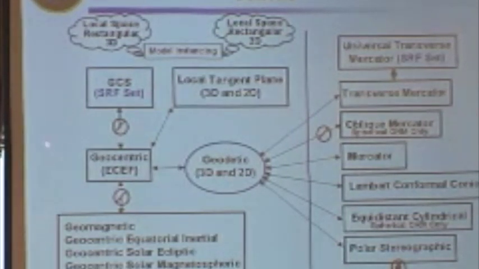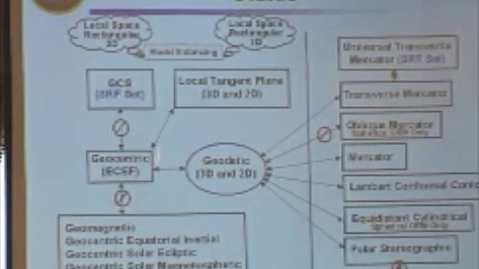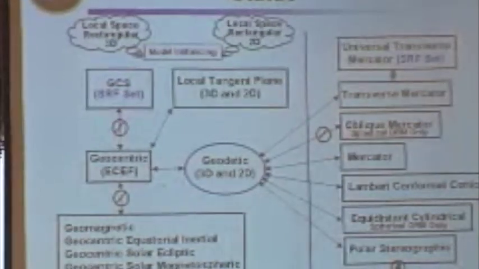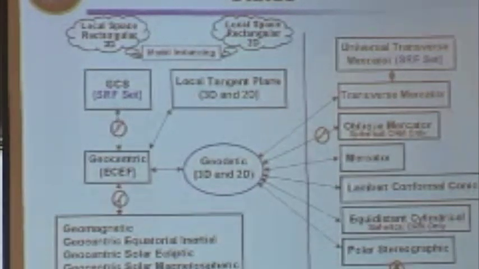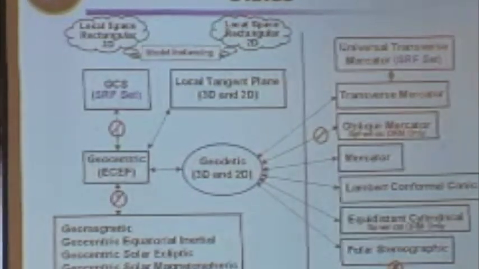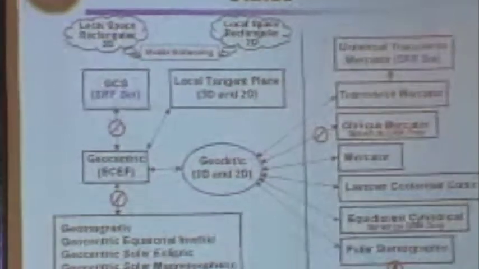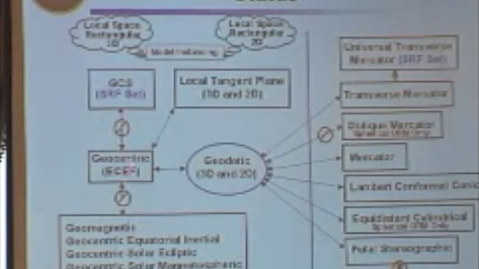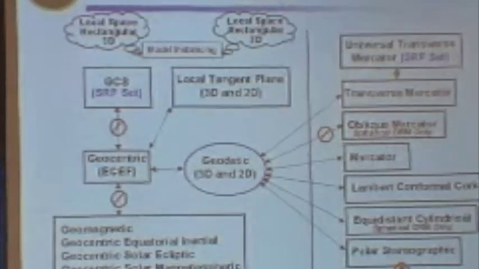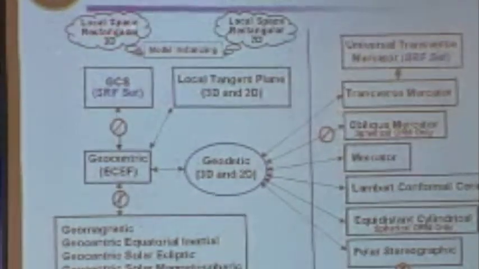Implementation status. This essentially says that the transformation between here and here, wherever we see these symbols, the transformation is defined, but we haven't implemented it yet. And I don't know if this is up to date, Michelle? GCS geocentric does exist. That was added for this last round. Okay, so we can erase that. That one's implemented. Okay. Local space rectangular had been floating around the other things because they are not tied to anywhere in space.